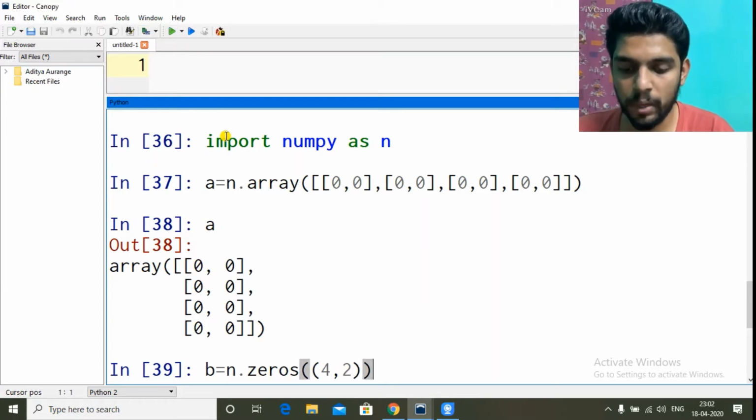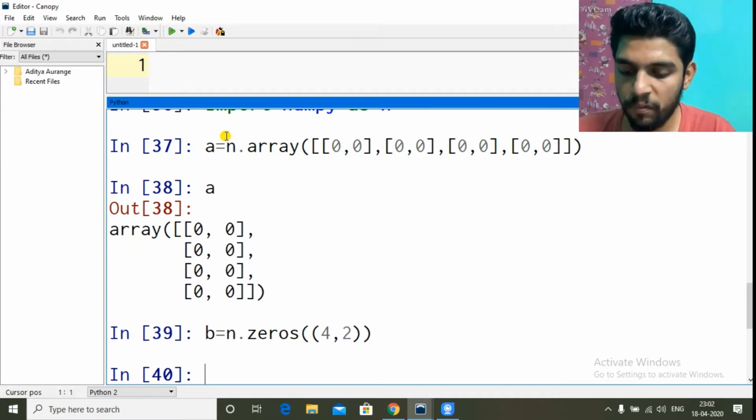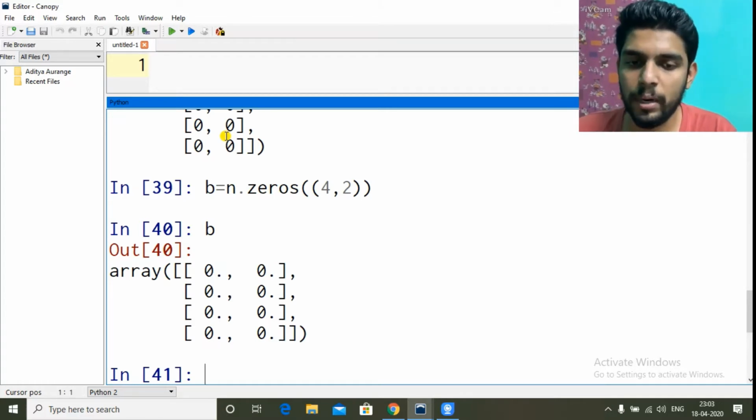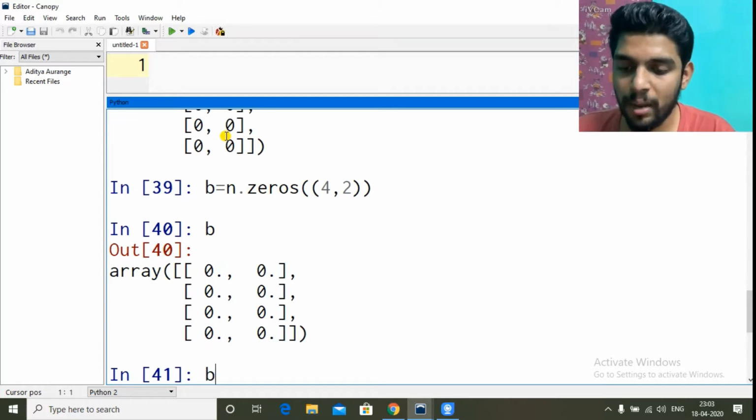So let's do without. So if I press b, now I have 4 by 2, same, but the data type it chose is float because it is 0 point something. I don't want float, I want integer only. So how can we specify that?